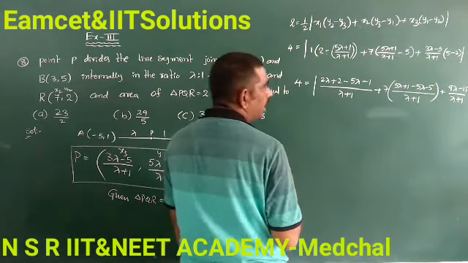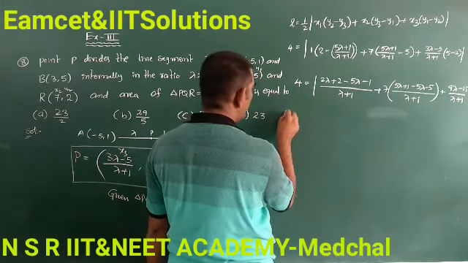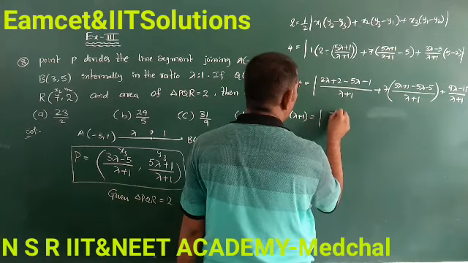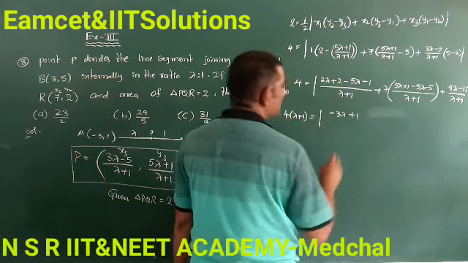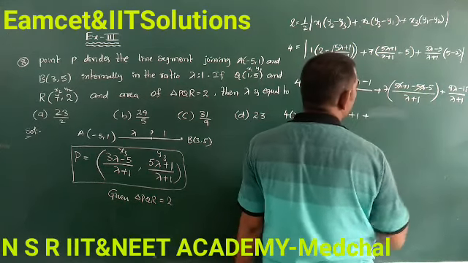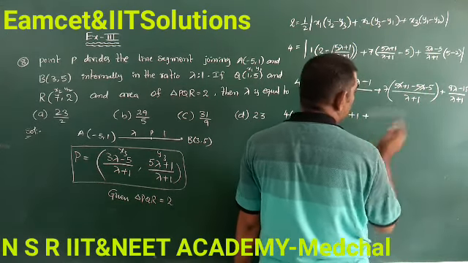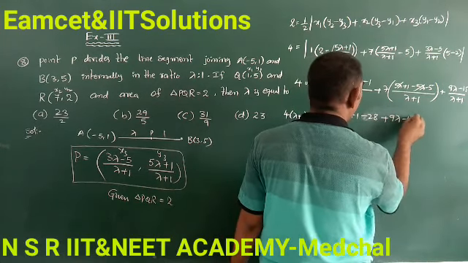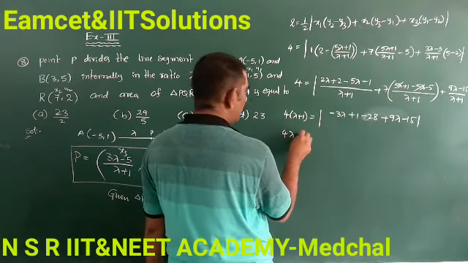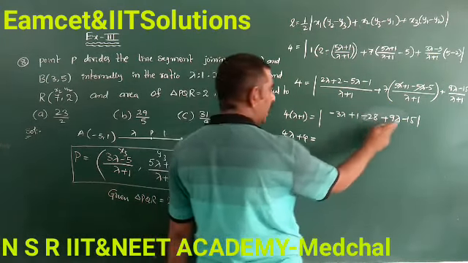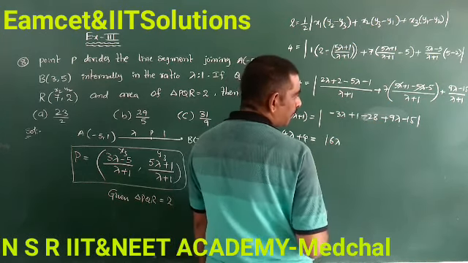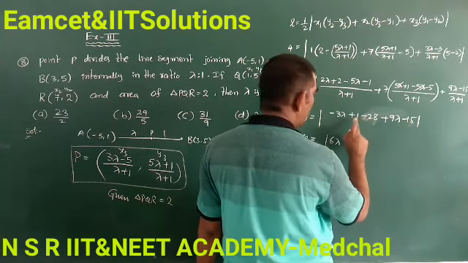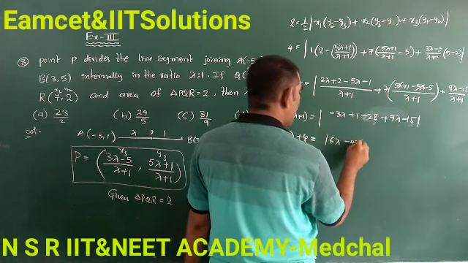So here we take the LCM, lambda plus 1, multiply: 4 into (lambda plus 1) equals 2 lambda minus 5 lambda minus 3 lambda 2 minus 1 plus 1. Next, the minus 5 lambda cancels, 1 minus 5 is minus 4, into 7 is minus 28, then 9 lambda minus 15. So 4 into lambda, 4 lambda plus 4, equals 9 lambda minus 3 lambda, 6 lambda, minus 28 minus 15, minus 43 plus 1, minus 42.